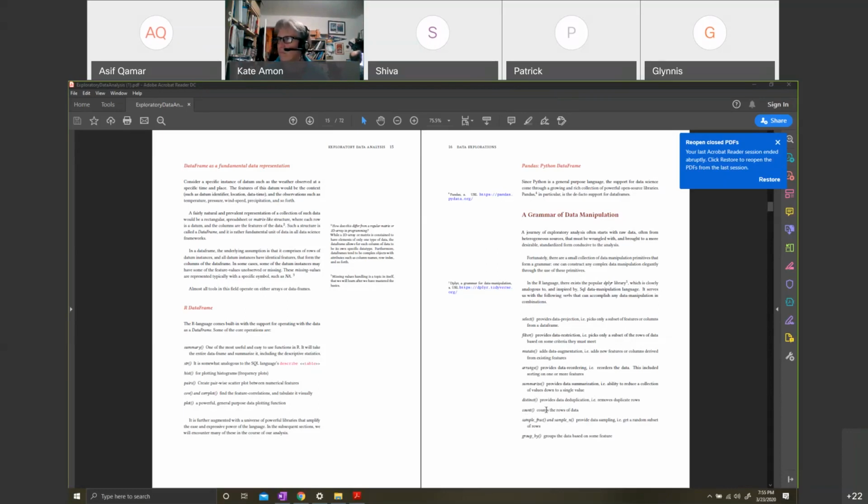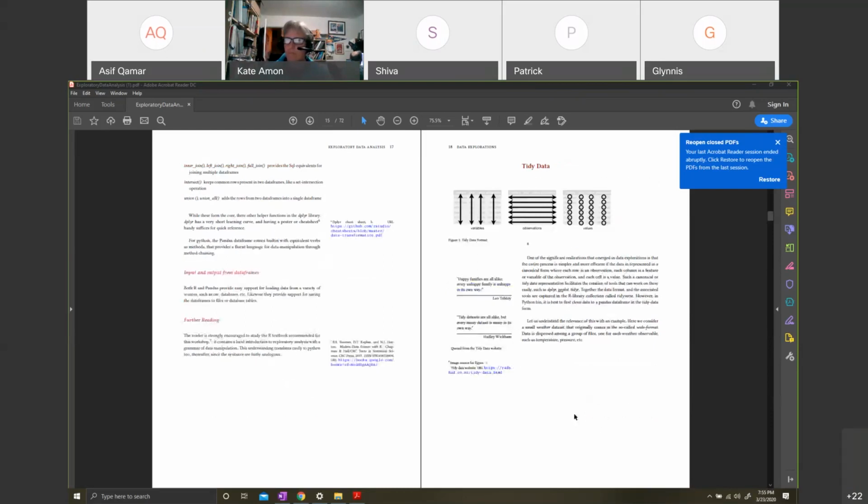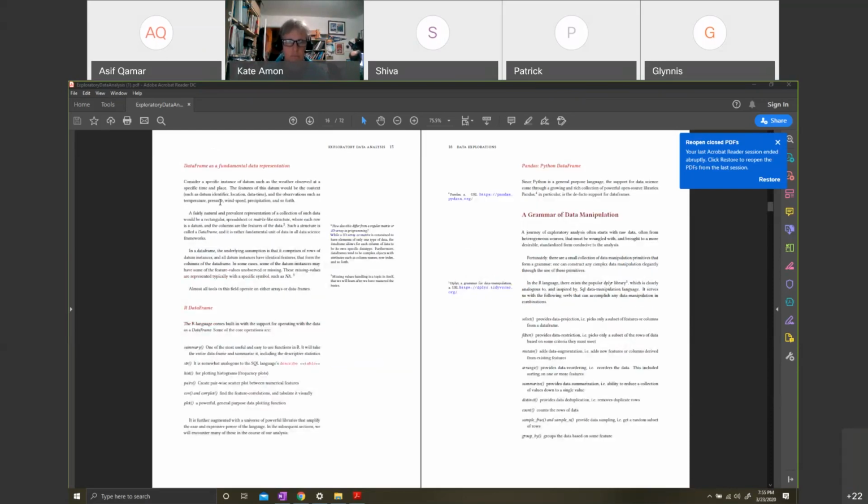And from a machine learning perspective, and by the way, today we are really going to get into machine learning now, sample and these are ways to get fractions of the data. Group by is to group by a certain feature. Right? So these are basic operations. Then you have inner join, left outer, right outer join, intersections and unions. Now, those of you who are familiar with SQL would realize that there's almost an exact parallel to the SQL grammar. All of these things are part of the data manipulation language, DML of SQL. And it is really great.